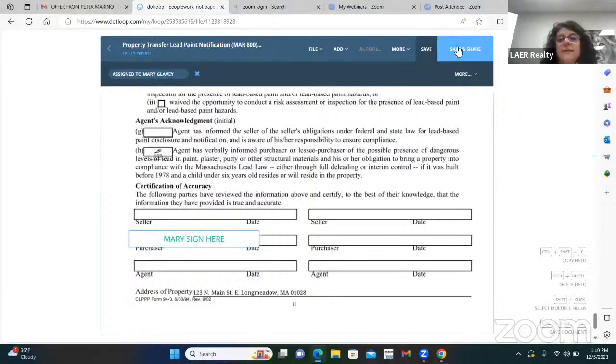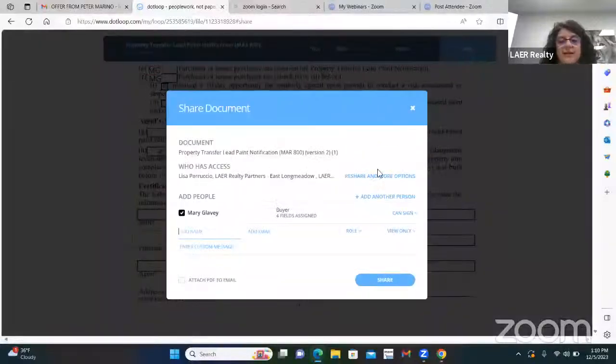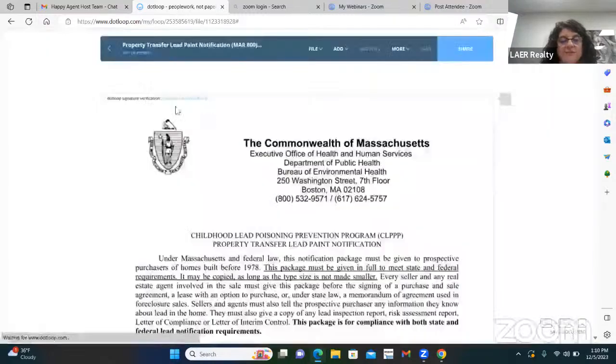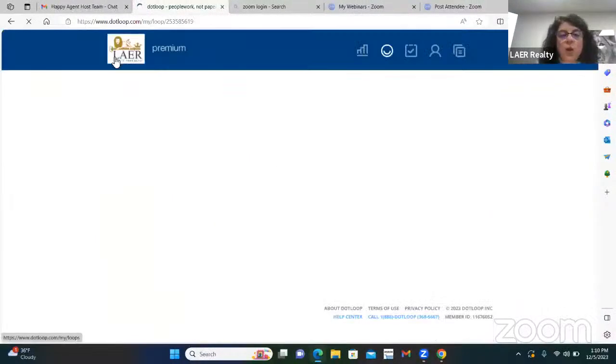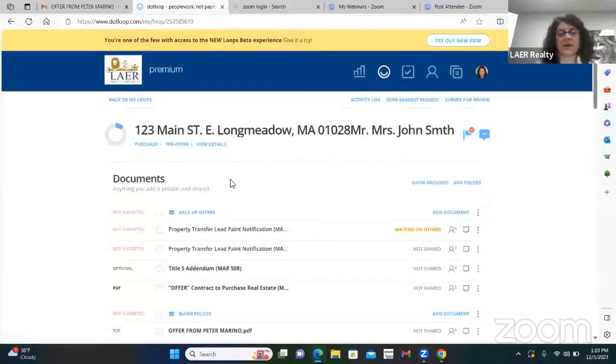And then you can save and share that. Notice how it has to your buyer, and it says that they can sign. So I'm going to share that with her, and it's done. So that's important, because that's one of the biggest reasons why the Dotloop team does not approve your loop, is because they can't read the signatures. They can't read those